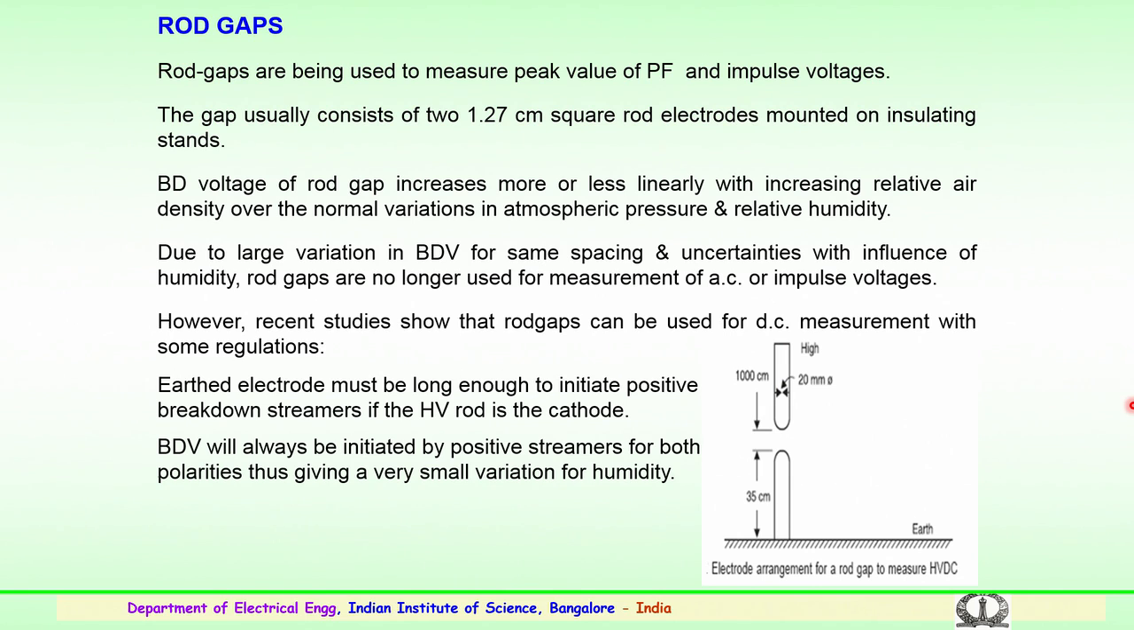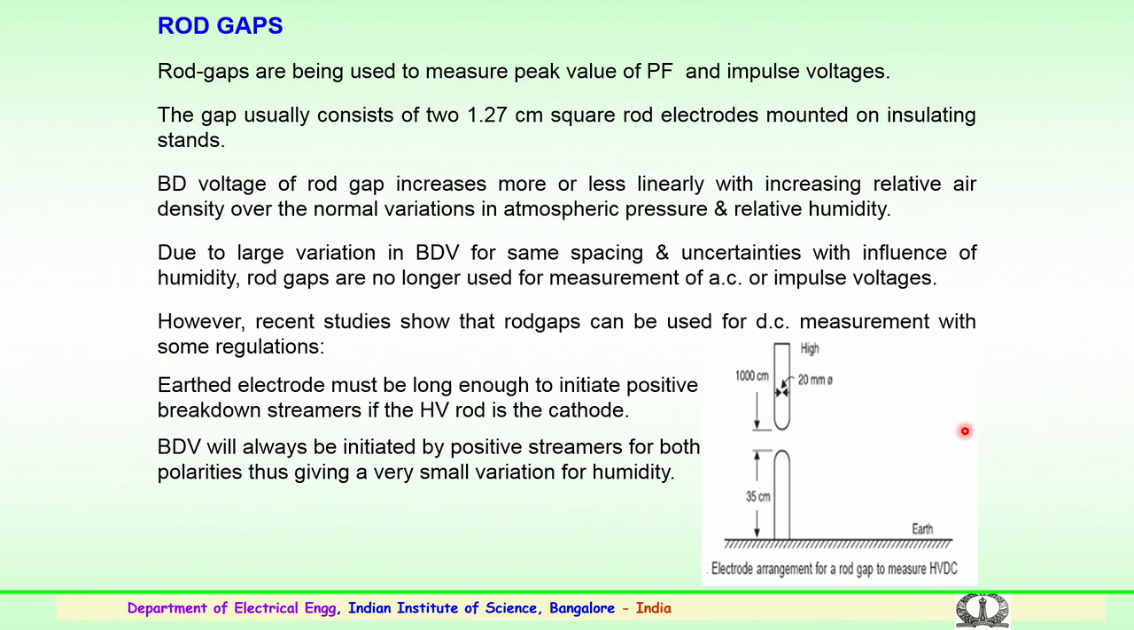Here the breakdown voltage of the rod gap assembly is the voltage at a specified distance, it could be S or a minimum distance small d, the distance during the breakdown. The breakdown voltage of this rod gap increases more or less linearly with increasing relative air density, that is the observation over the normal variations in atmospheric pressure and relative humidity. And because of the large variation in breakdown voltage for the same spacing, there could be a difference compared to the sphere gap, a large variation in the breakdown voltage, and uncertainties which could be influenced by humidity,